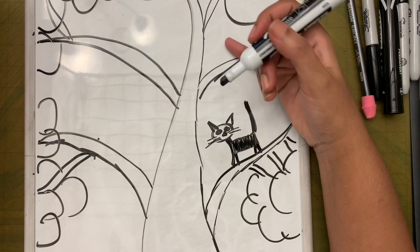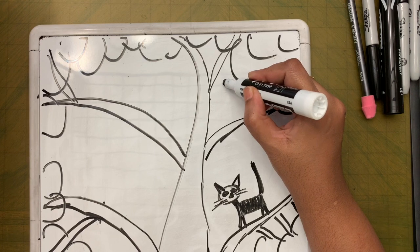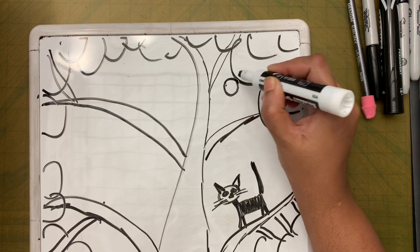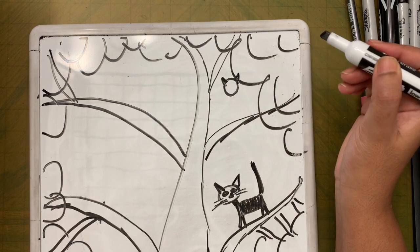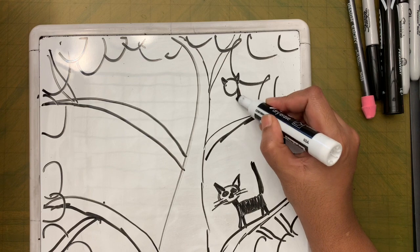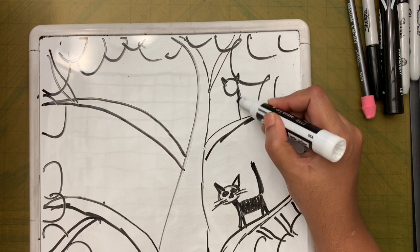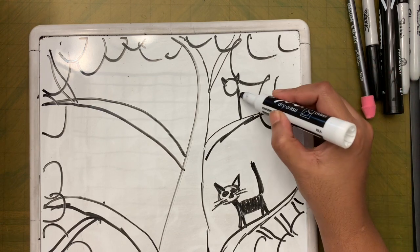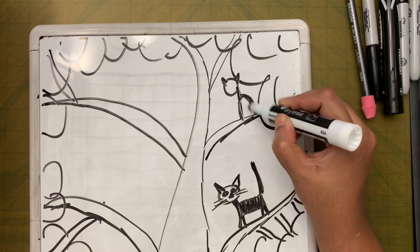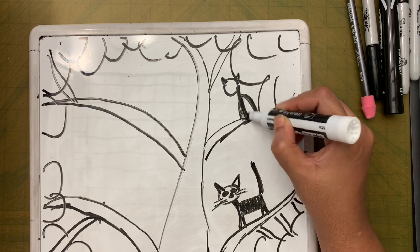Now let's draw another cat up here. Maybe this time we'll have the cat sitting. So the head, the neck is on the side, and then I'm going to make a line like that coming down, and then I'm going to curve this. It's like an H. Can you see the H, the small letter h? Yeah. And then I'm going to color this in,